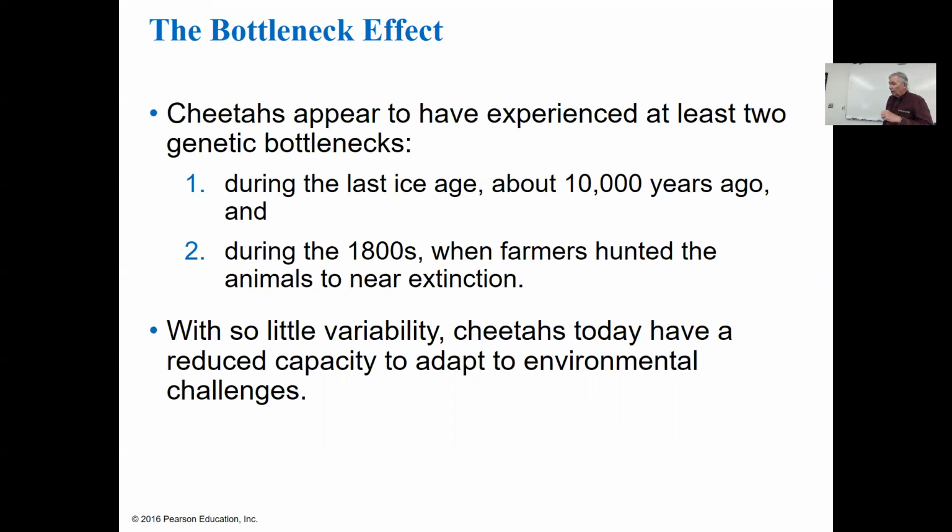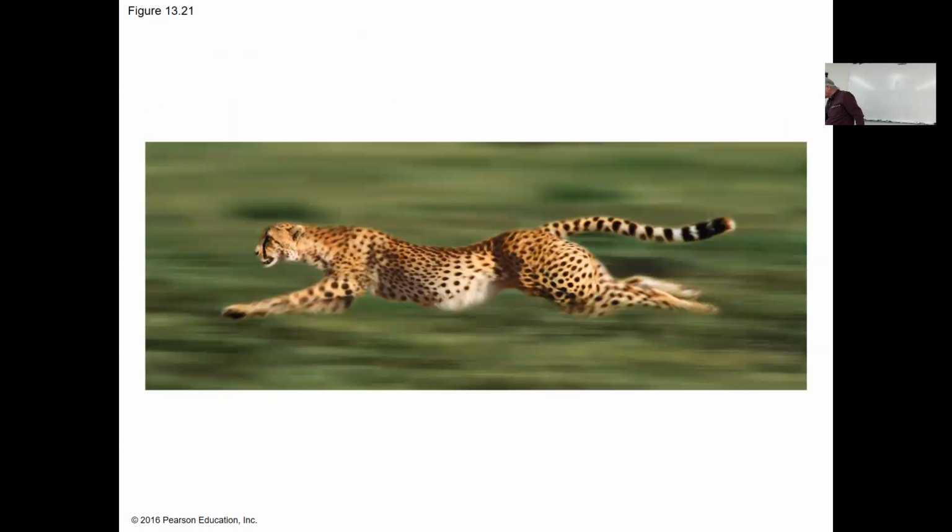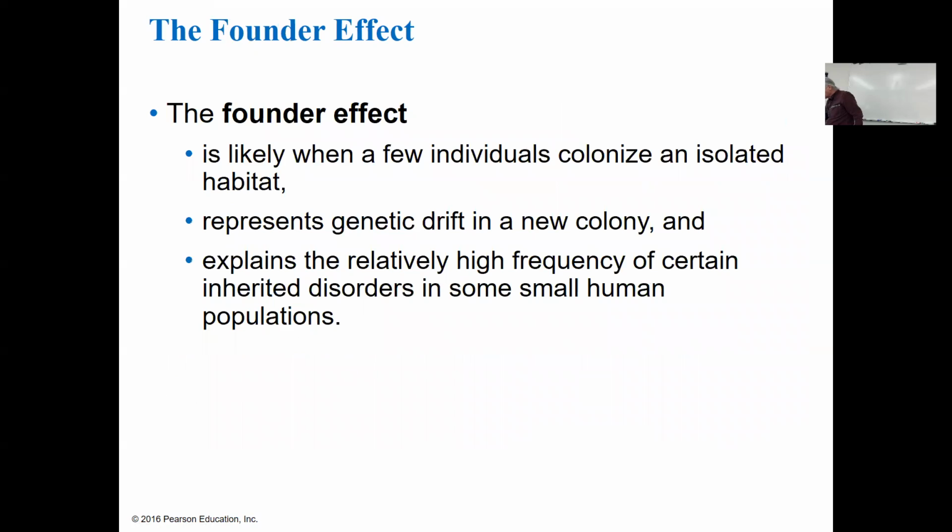So with so little variability, cheetahs today have a reduced capacity to adapt to environmental challenges and also disease challenges, remember from the Red Queen hypothesis. So they are living in a precarious state now genetically. The founder effect, likely when a few individuals colonize an isolated habitat, represents genetic drift in